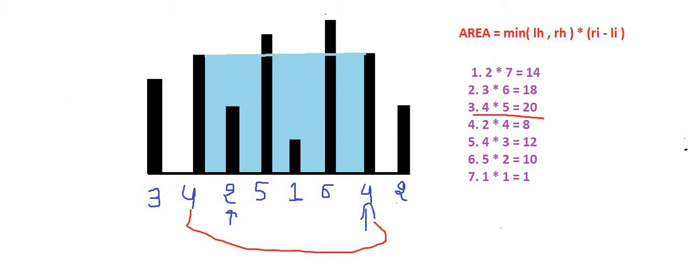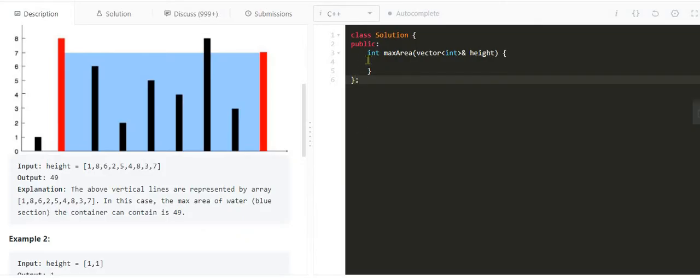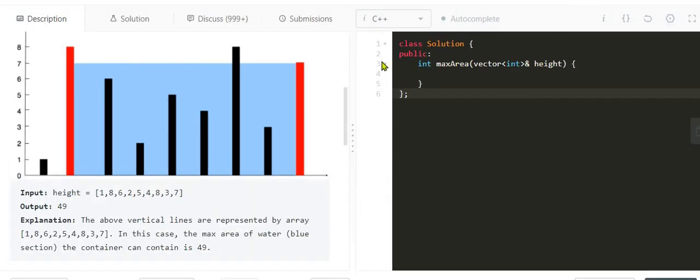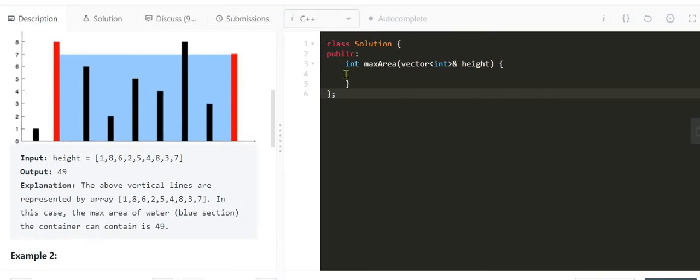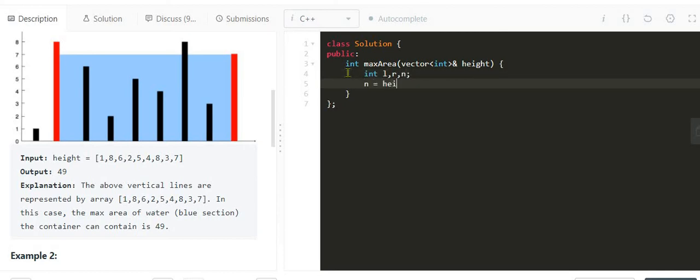So let's code this problem. First, we will take two pointers, a left pointer and a right pointer, and a variable n. So n will store the size of the array.